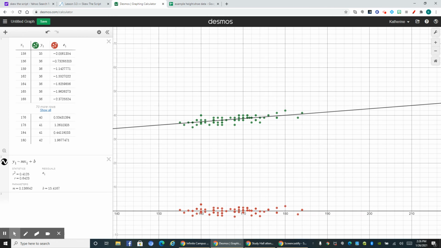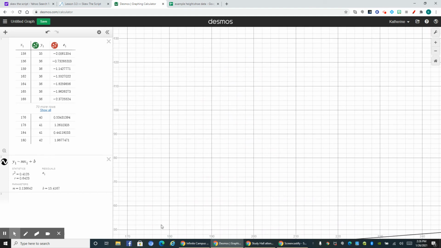There you go. So our residuals are very scattered. There's no clear pattern of the residuals around the x-axis. So that tells us that a linear model works. That is a good fit, a good model for our data. The other thing we can look at then is